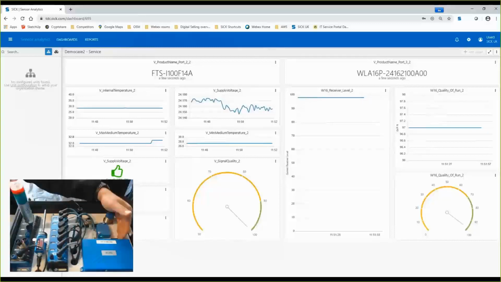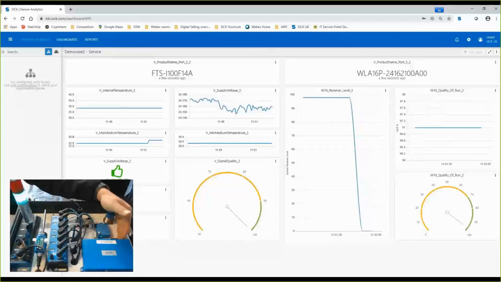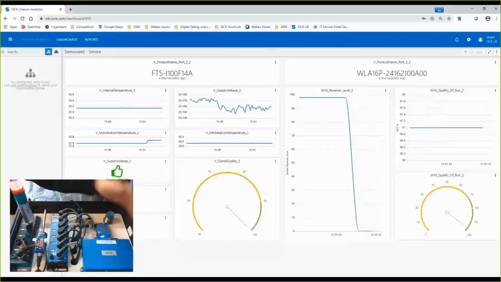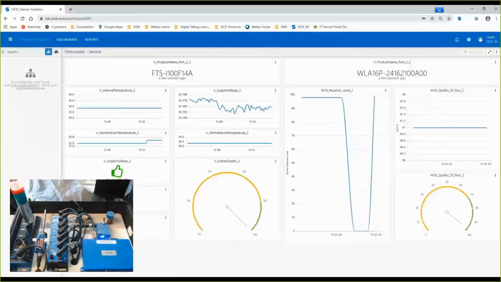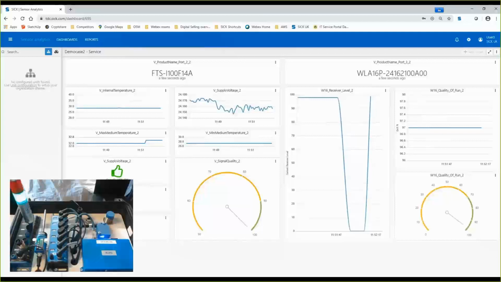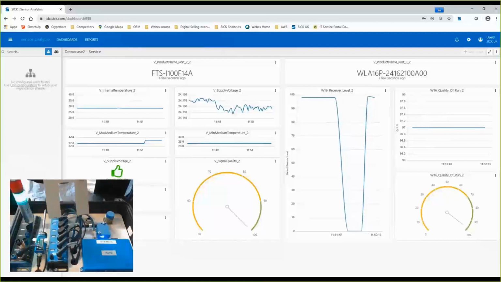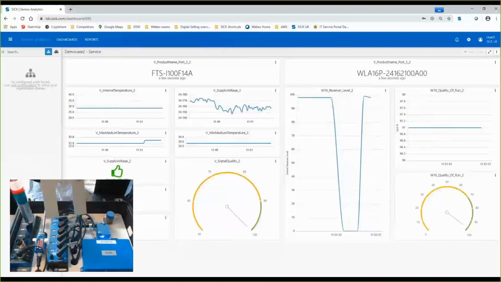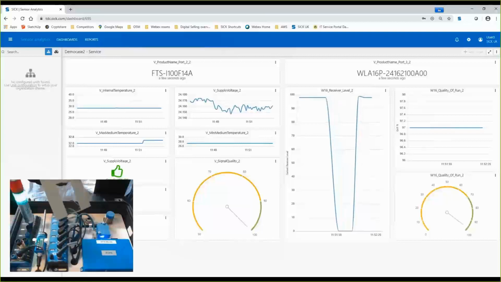So here you can see I've just covered up the optical sensor, and the receiver level has responded on the graph there by dropping down to 0 because no light's getting back to the sensor. And you notice the quality of run doesn't drop at the same time because the sensor is smart enough to know not to generate quality of run issues on detections. It only generates quality of run issues when there's something to report, as in when the sensor is dirty or